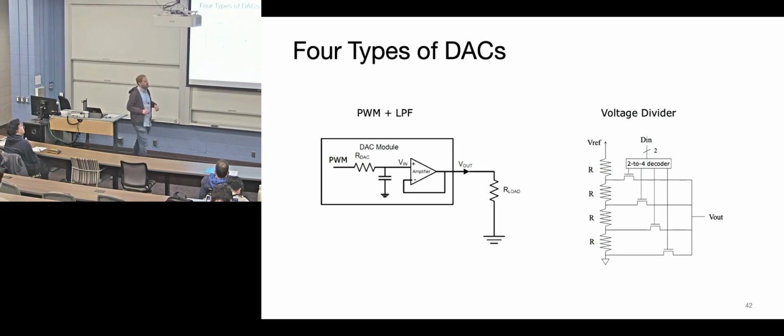The types of DACs that we looked at. The simplest here is just PWM into a resistor capacitor, so you basically filter out the high frequency components of your pulse width modulation. We add a little buffer on the output because if you're going to drive a load with some amount of resistance or current draw, you can make a voltage divider by those two resistors, and that will reduce your output voltage. So to overcome that, we put this buffer in here.